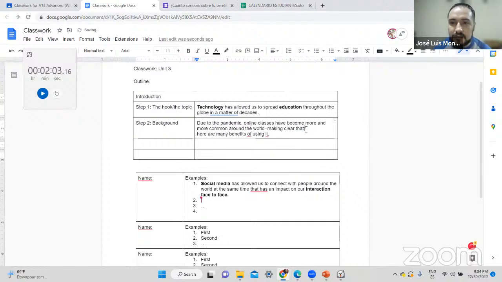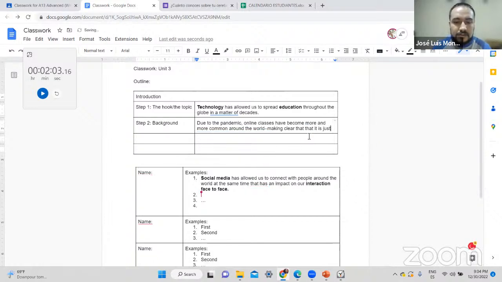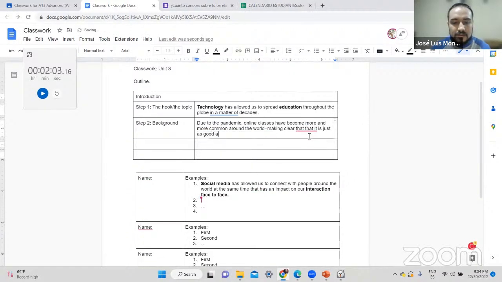Making clear that it is just as good as face-to-face classes. Good, there you go. All right, so in this case, I decided to do that because remember that we're not